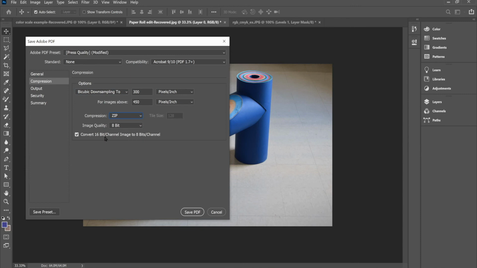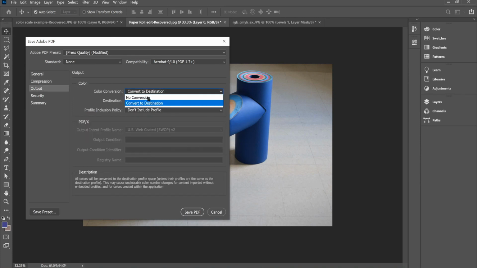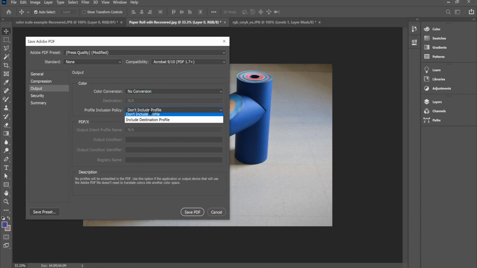If you want to be sure there is no change in the colors after you convert your file to PDF, you can go to the output section and change the color conversion setting to no conversion and the profile inclusion policy setting to don't include profile. Once you've done all those things, you can click Save PDF on the bottom right side